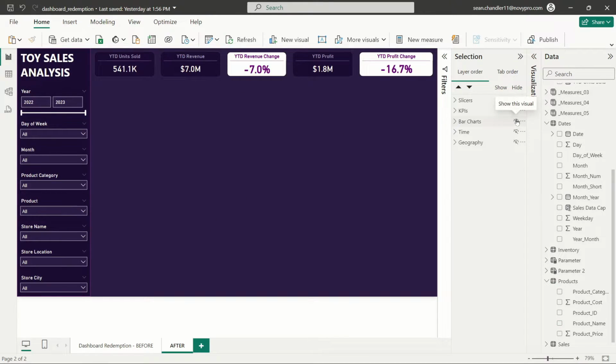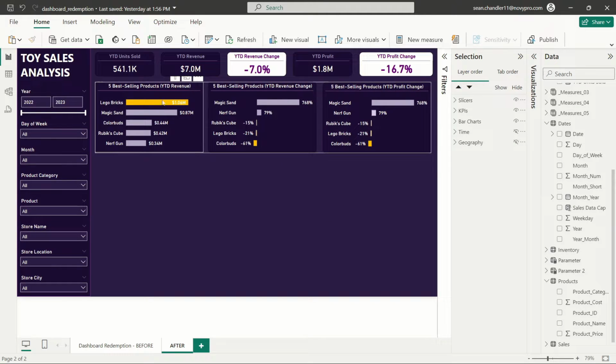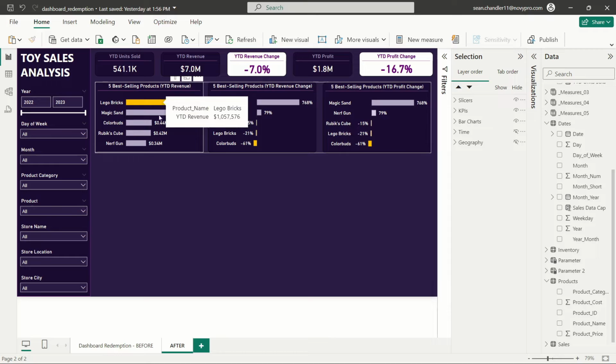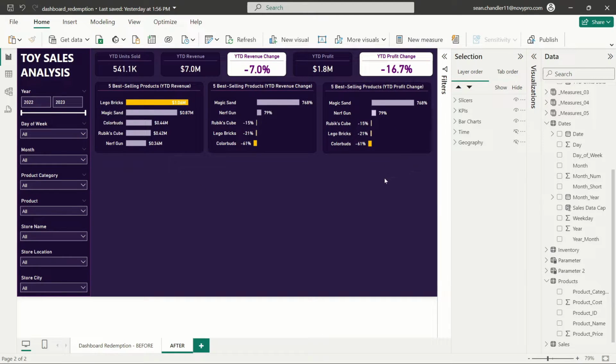So let's go ahead and add our bar charts in. And you can see there's the color pop that I used, which is, of course, that yellowish orange that I picked from my color wheel. And reading from left to right, I just focused on the 5 best-selling products by revenue, which is Lego bricks, Magic Sand, Color Buds, Rubik's Cubes, and Nerf guns. And I chose to only focus on those 5 products for all 3 of these visuals here